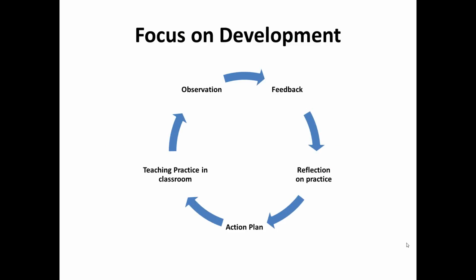How you envision observations could be constructive feedback aimed at teacher development, which means the teachers take the feedback on board, or they come up with the feedback themselves. They reflect on their practice, try something out in the classroom. You can help them put together an action plan, and once they've tried out and identified areas they need to continue working on, you go through another cycle of observation, which in turn will bring up more feedback, more areas to work on, and the cycle continues.